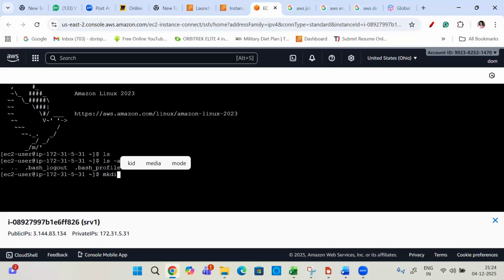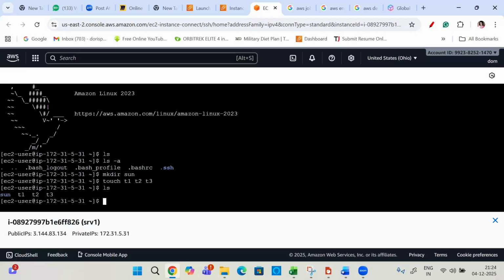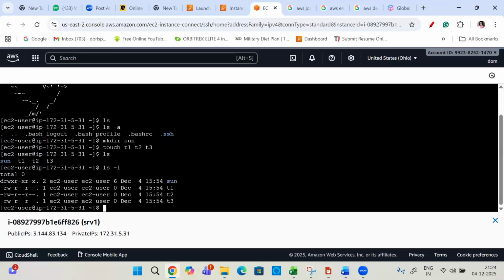For example, if I have to create a directory and create a file. If I now give ls, you can see all those files and directories. Till launching, the services are fine. But within the Linux machine, mostly you'll have to work on Linux or Ubuntu. Windows is very rare, but we also have that option. So it's always better to have some basic knowledge of Linux. That will also be covered in this course.